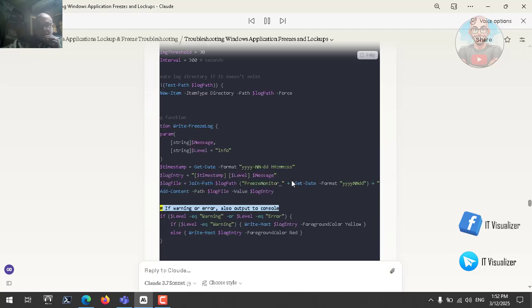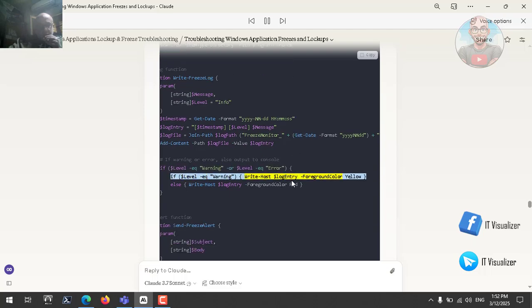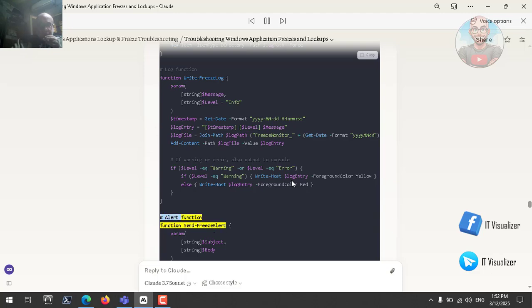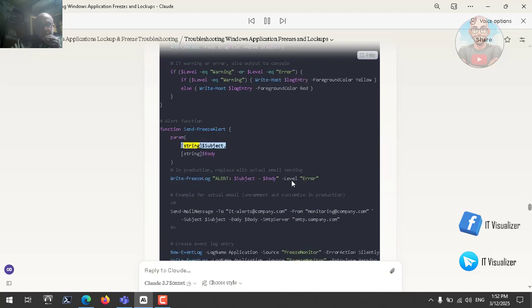Add-Content -Path $logFile -Value $logEntry # If warning or error, also output to console if ($level -eq "WARNING" -or $level -eq "ERROR") { if ($level -eq "WARNING") { Write-Host $logEntry -ForegroundColor Yellow } else { Write-Host $logEntry -ForegroundColor Red } } } # Alert function function Send-FreezeAlert { param([string]$subject, [string]$body) # In production, replace with actual email sending Write-FreezeLog